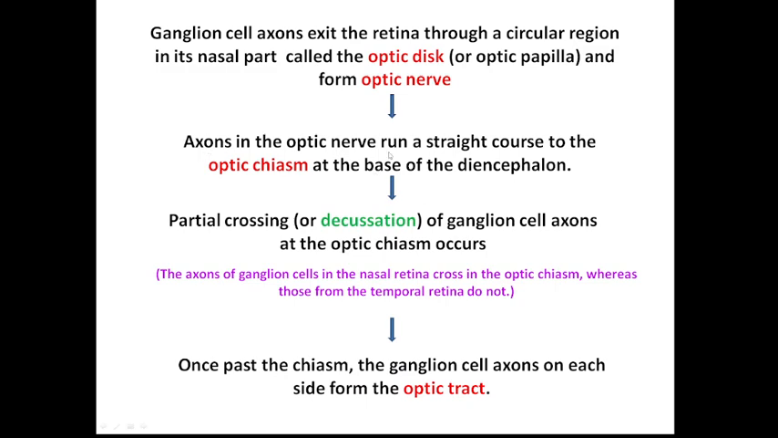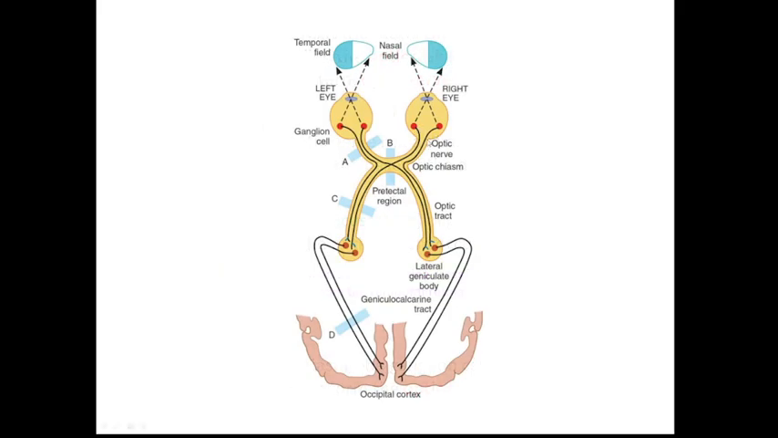The axons in the optic nerves then run a straight course to the optic chiasma at the base of the diencephalon. So it is going up to the diencephalon, and at the level of the diencephalon the lateral geniculate body is there. So we can say that the optic nerve coming out from the eyeball goes up to the optic chiasma, and from the optic chiasma it goes up to the lateral geniculate body. And what actually happens at the level of the optic chiasma is that